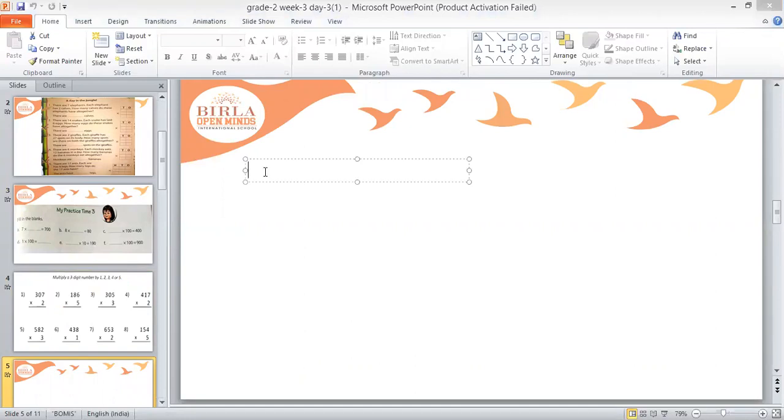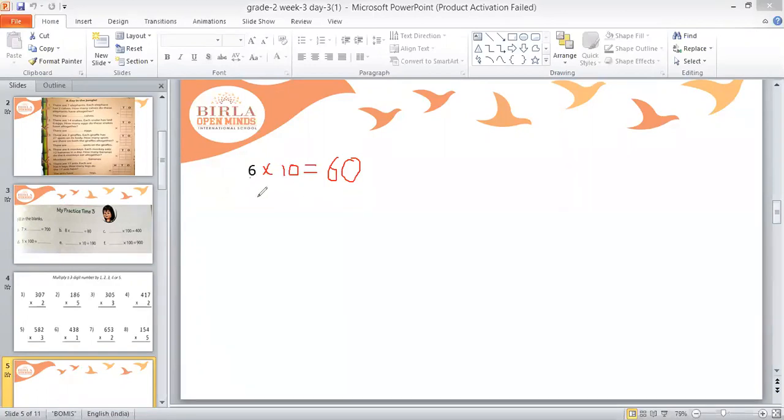Suppose I have to multiply 6 with 10. First of all, we will multiply numbers with 10. Whenever you are multiplying any number with 10, you just write that number. Here we are multiplying this 6 with 10, so we write the number 6, and after that number, we put 10. Whenever you are multiplying any number with 10, you will just put 10 after that number.